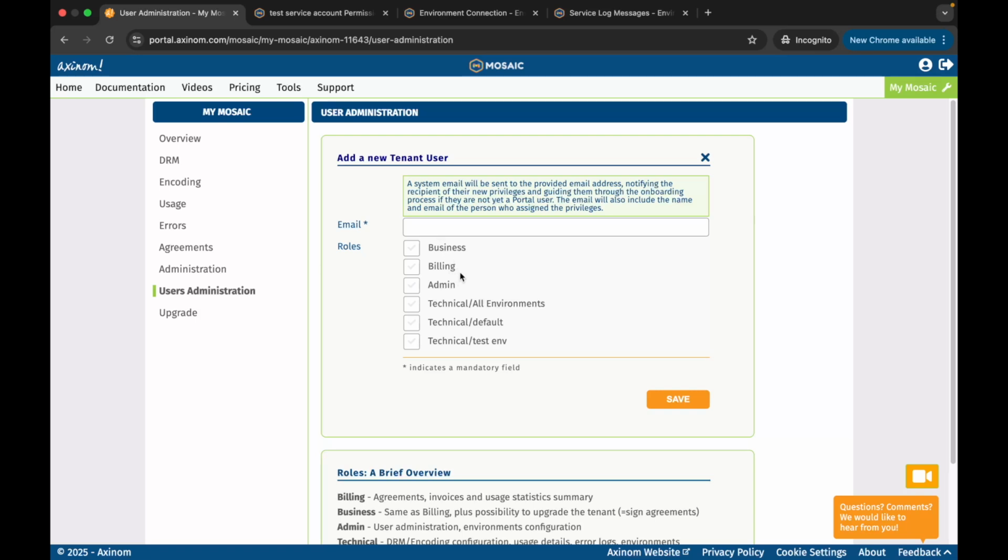Users with the billing role can view agreements, invoices, and usage summaries. Business role includes everything from billing, but with added responsibility. They also can upgrade the tenant and sign new contracts. Admins can manage users, environments, and settings across the entire tenant. They can access the user administration in My Mosaic and Environment Administration portal and control everything from user permissions